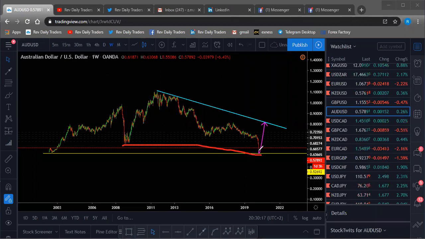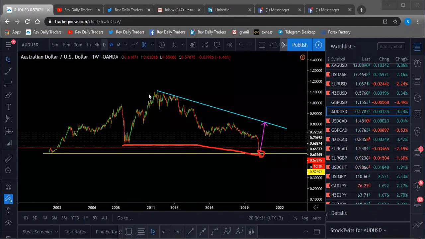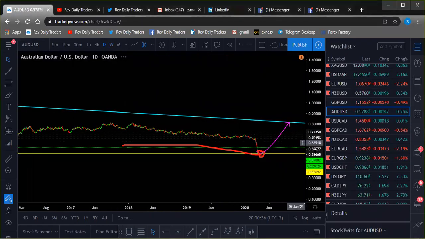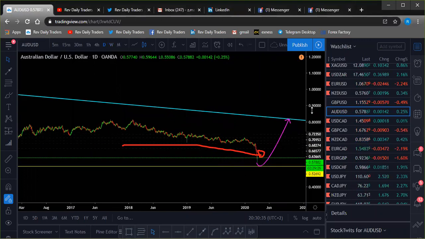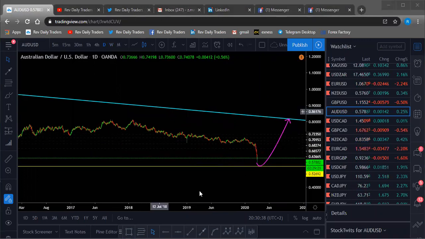So we are waiting for a bounce on this area, okay guys? On 0.6263, we can have this bounce here, then look for buys there. Then on lower time frame, what you are looking for,